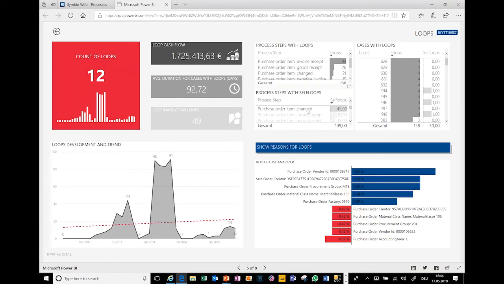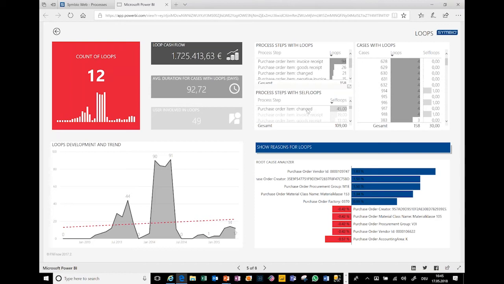This specific view with a specific intelligence in the background gives you some ideas of why, in this case, the process step purchase order item change has so many more self loops than other process steps.